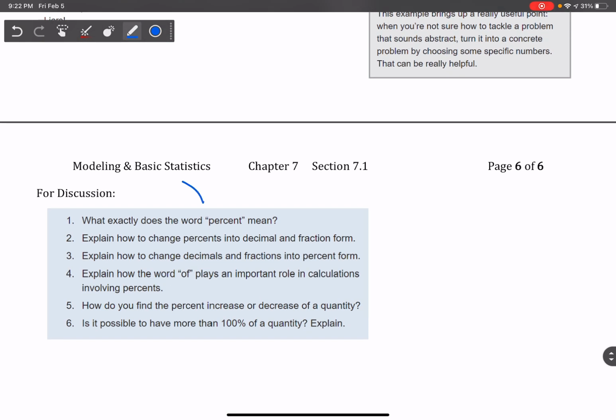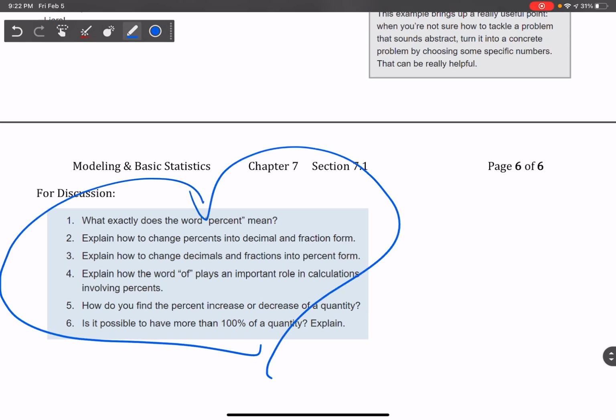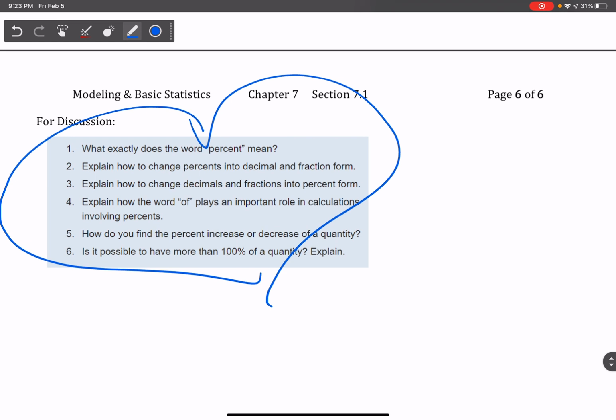Make sure you are reading your discussions and preparing to answer those during our discussion post. Write down any questions, comments, or concerns that you have for me, and make